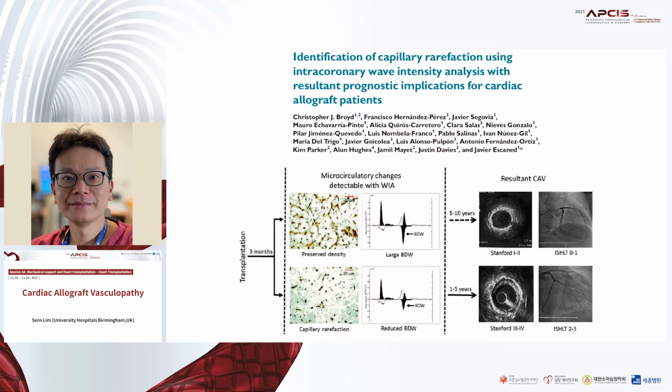So the backward decompression wave is a characteristic of the coronary flow physiology and is generally attributed to the diastolic capacitance change related to the microcirculation. So the larger the backward decompression wave, the better your microcirculation is. So here the authors demonstrated that the reduction in the backward decompression wave, the BDW, correlated with loss of capillaries, but also very interestingly predicted the subsequent development of epicardial coronary artery disease.